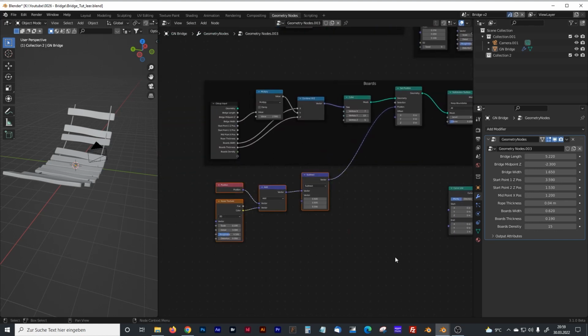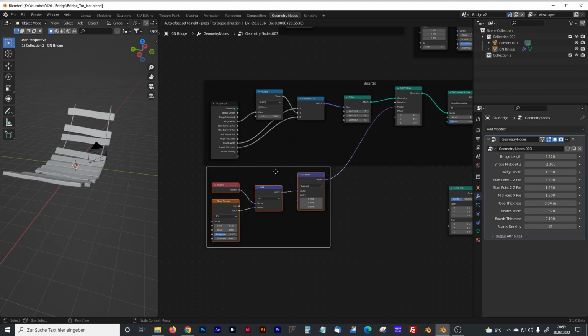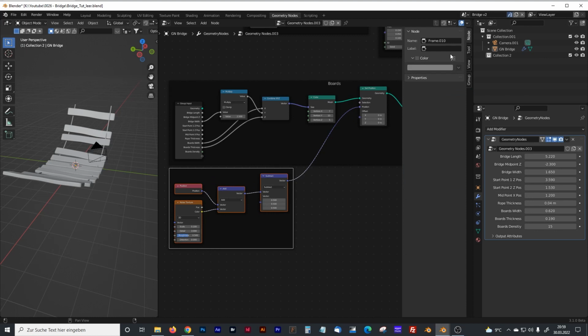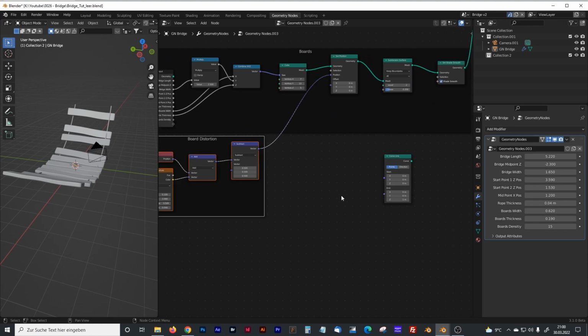Oh, I see I did not make a frame around that. That was the board distortion. Back to our